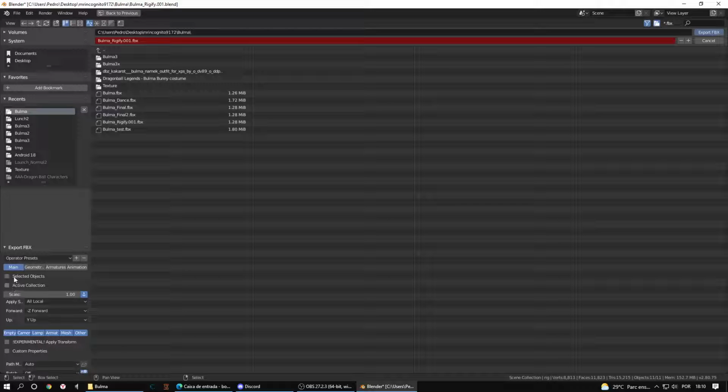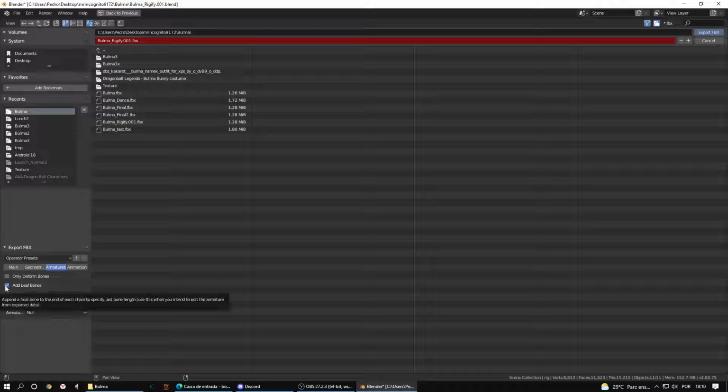Here you mark this one, select objects, so press the armature, hold shift, then press mesh. So you just need to select these two. Geometry, you keep this. You don't need to change anything here. In armature, you uncheck this one and mark this one here. Always mark this, only the deform bones. In animation, keep this